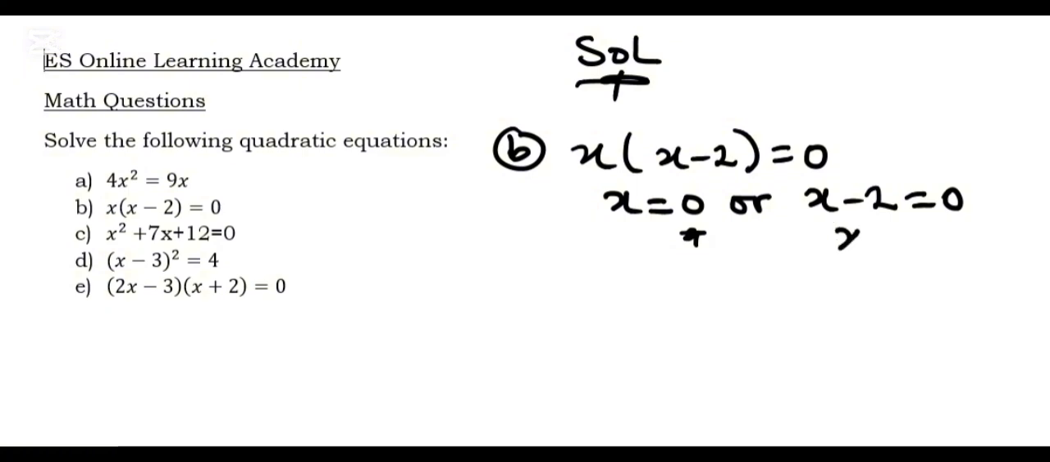So there, solving for x, you simply take 2 to the other side, and when you take 2 to the other side, it will be a positive. So this will mean x is equal to positive 2, and that is the other solution. So here the two solutions are x equal to 0 or x equal to 2. C,